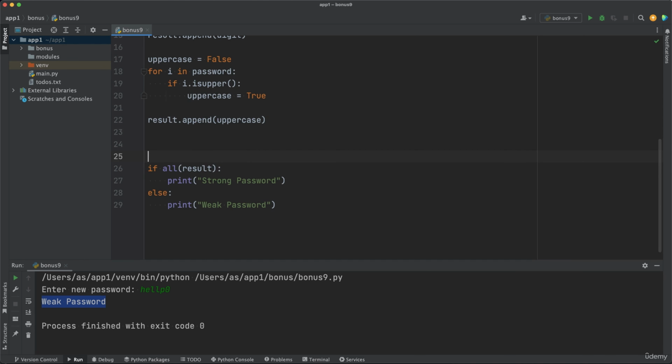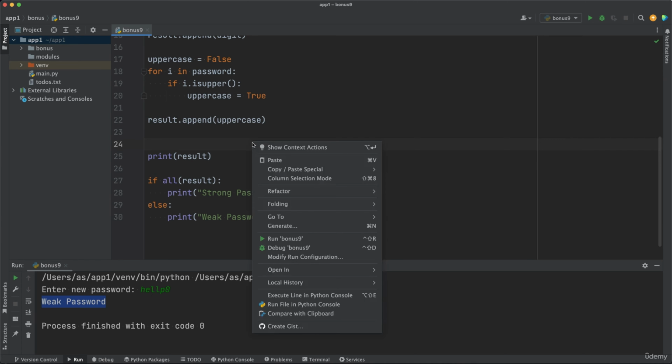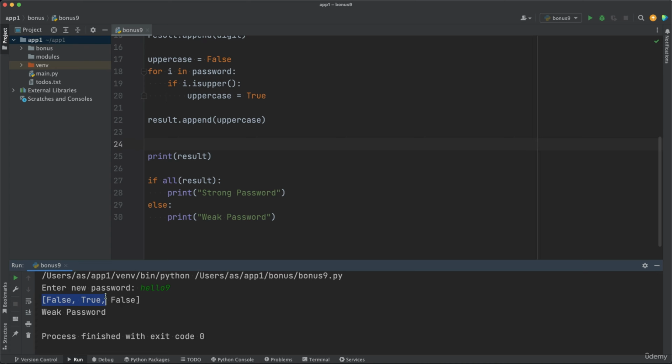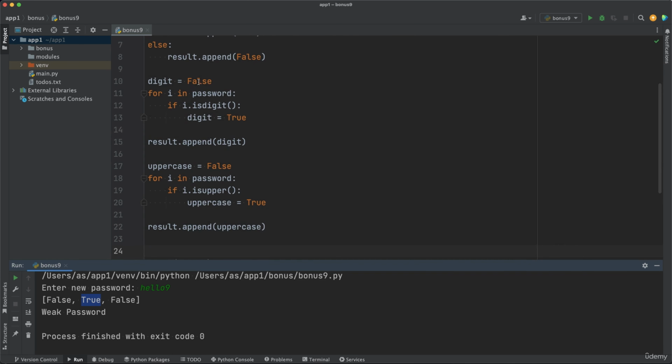What are dictionaries? Well, dictionaries are somehow similar to lists, but also very different. So result is a list in our program, and it looks like this. So it's a list of booleans in this case. The problem with lists is that sometimes you want to know what each of these represents. So we want to know that false represents the length condition, true represents the digit existence condition, and false represents